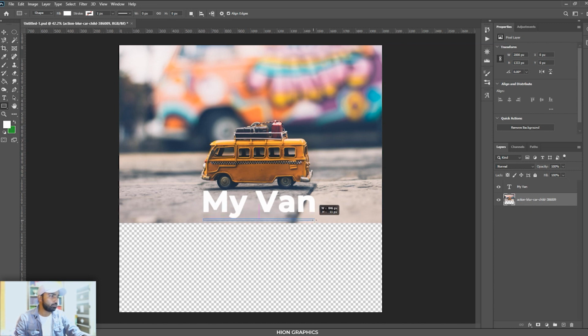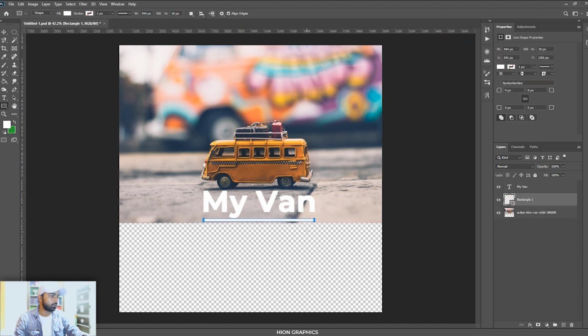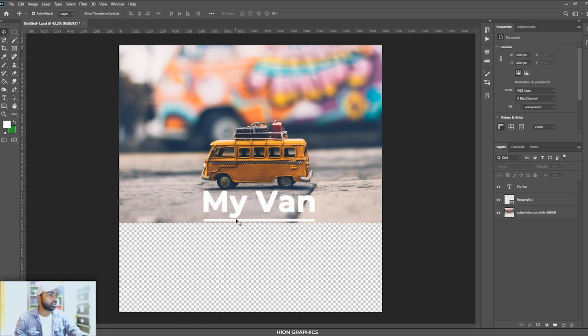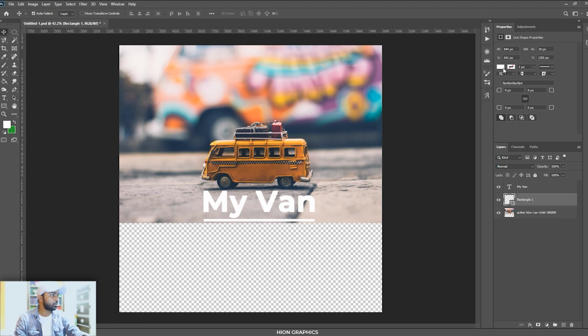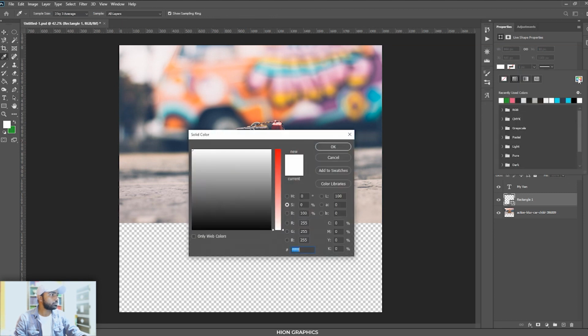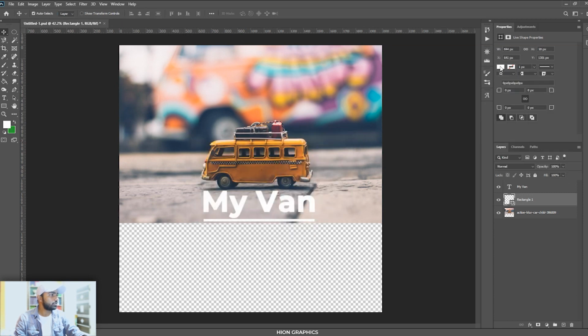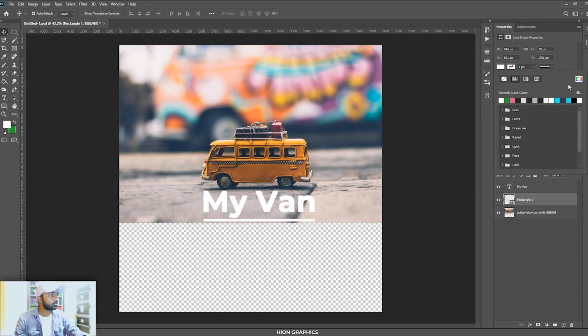If I want to bring this here, there you go, the shape tool, and give the color to the particular shape. I will select this. This is the color bar. If I select this, you will have a color picker here, or some of the additional colors that you already have.